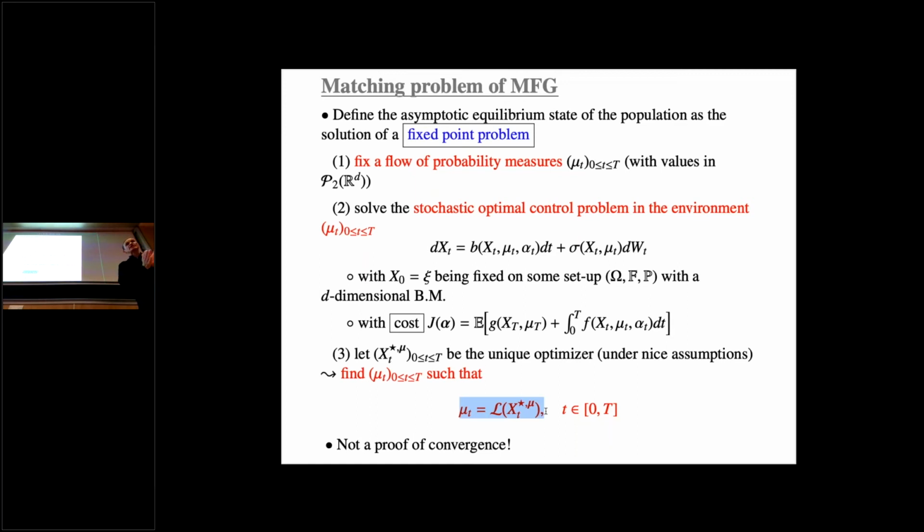And you see that you have PDE ways or probabilistic ways. Certainly there are many connections between the two of them. If you do PDE, and this is what I'm going to do first because certainly this is easier to explain, and then I will say a few words about probability, but there are many, many connections. If you do PDE, you have to reformulate all this problem in terms of PDEs. And then you end up with a fixed point on the system of PDEs, or you get a system of PDEs, which is exactly the original system of PDEs that Lasry and Lions introduced 15 years ago.